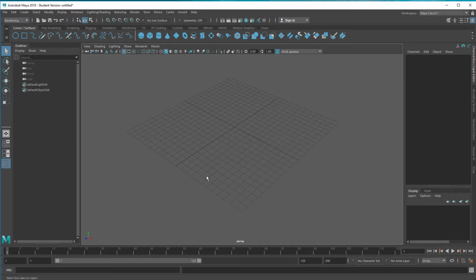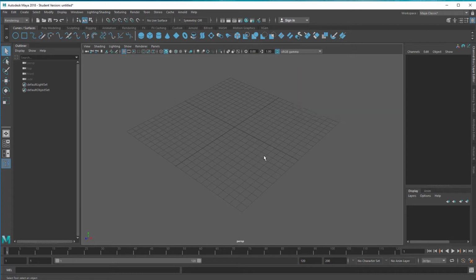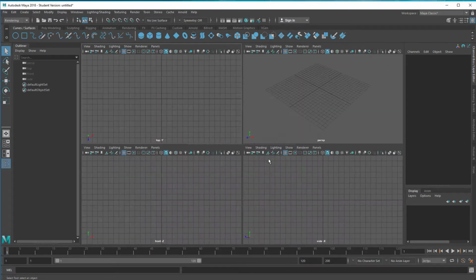Well, this is the view we're working in, and there are other views where you can land under certain circumstances, and you reach them by pressing the space bar and not holding it, just clicking the space bar. This is what we see. We see 4 windows now. This is the window where we came from, this is the top view, this is the front view, this is the side view,